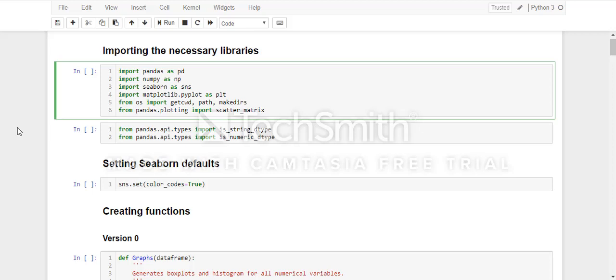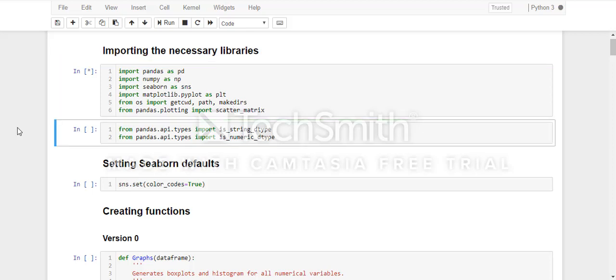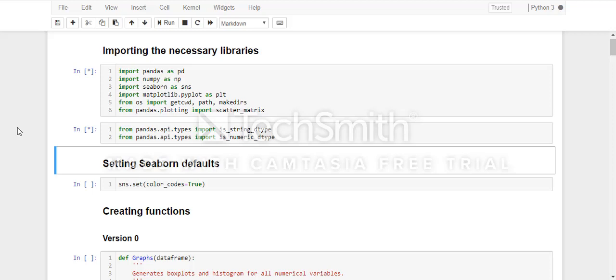There is pandas, there is numpy, seaborn and matplotlib, and we have imported from the OS package three different modules, and scatter_matrix from pandas.plotting. So we'll import the necessary libraries,